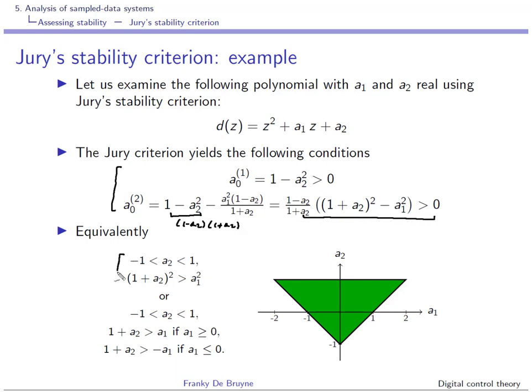So you obtain the two following equivalent conditions, right? And this one here can be written to be equivalent to what you see over here. So we obtained the three conditions over here. So a2 lives in between 1 and minus 1. This condition here says this is the line